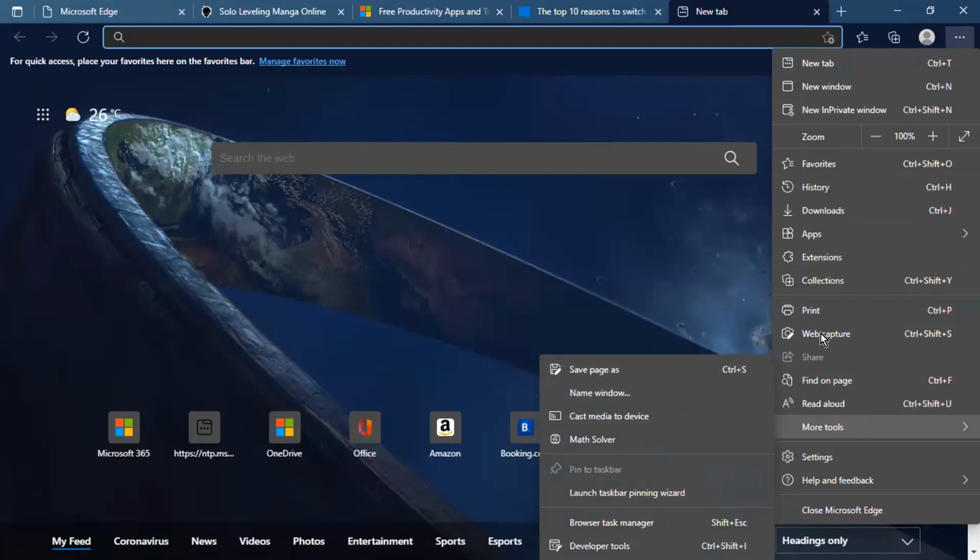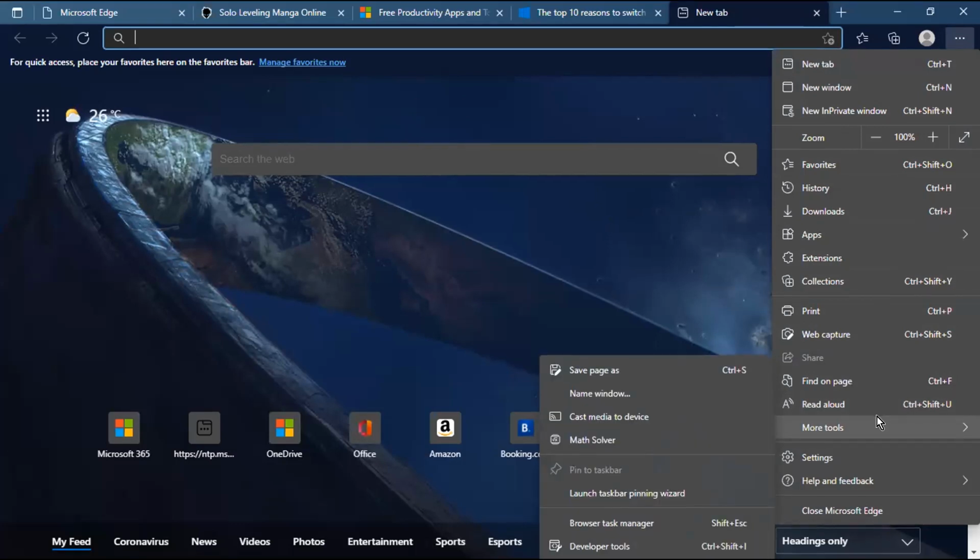Now, like you can see here, we have something known as read aloud mode. What it does is read anything on your screen aloud, so it is more efficient for you to use this feature. And there is one known as math solver, which can solve any math problem you have on your screen. I won't go more into that, but you can check it out later.